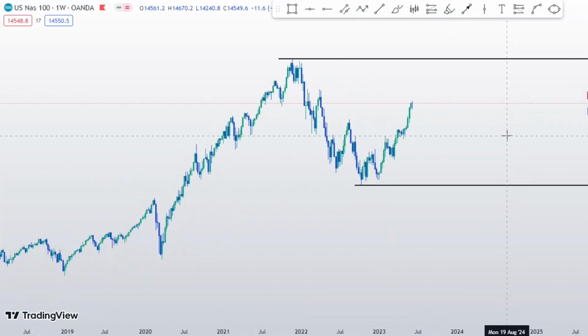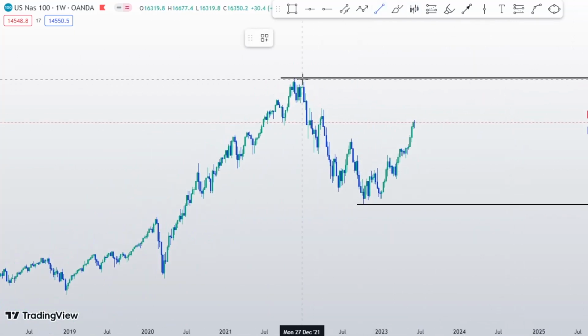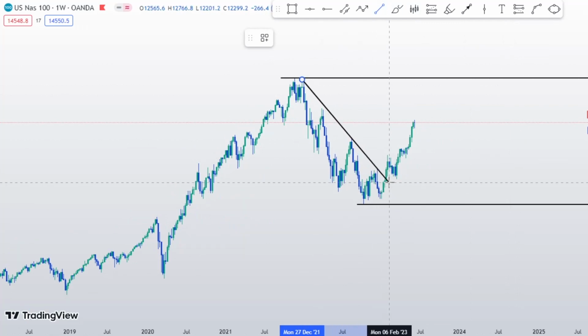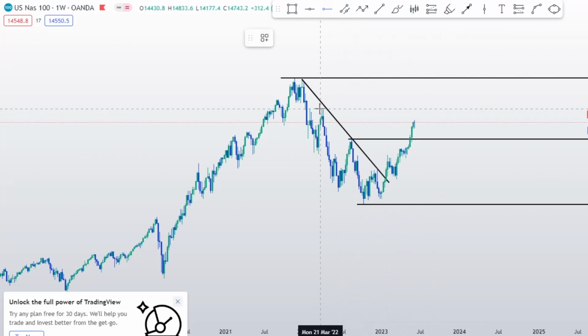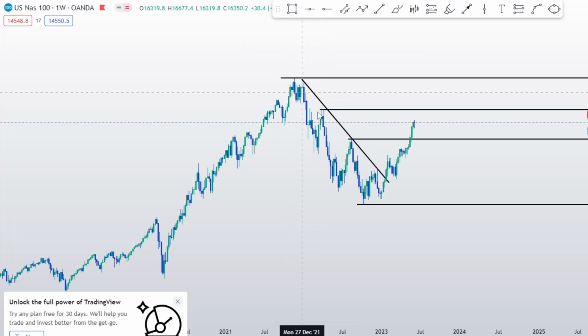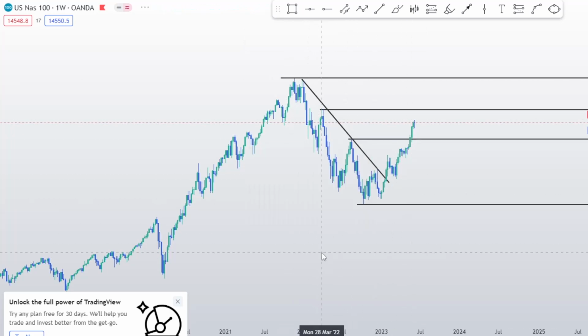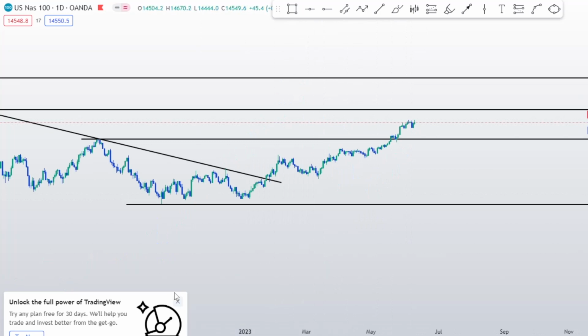Okay, and if we check here, the market was going down here with a series of lower lows and lower highs, and it changed here to higher high and higher low, higher high, higher low, and so on. And we also have these levels that are of importance here. These are the levels, 1, 2, 3, 4. Okay, and we're gonna go to the lower time frame on daily. Going to daily here,